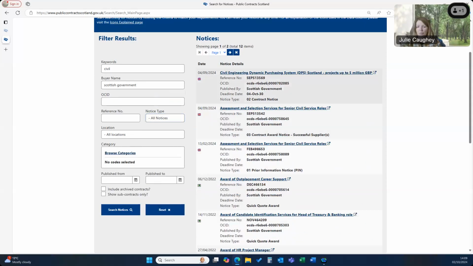And here at the top, this is the one that we're looking at today. It's a Civil Engineering Dynamic Purchasing System Scotland, and it's for projects that are up to £5 million worth of value. So for anybody who was already at the session the Scottish Government held, they went through the different lots and regions and things like that. And I think there were some questions there that they will have hopefully answered by now. But let's just click on it. So if you click on the top bit, it's actually a hyperlink,